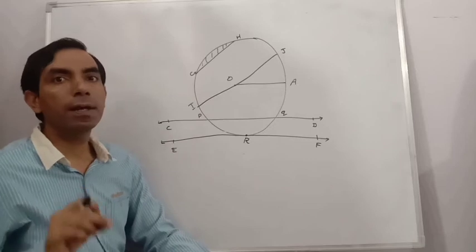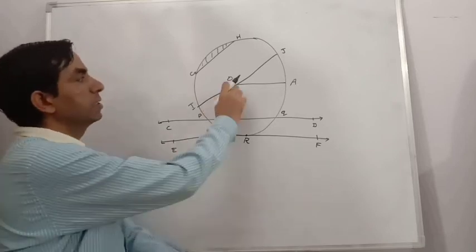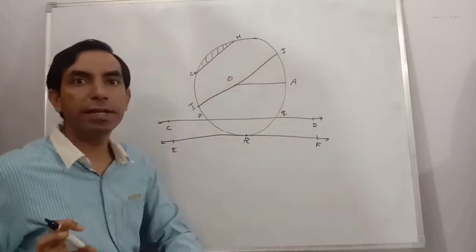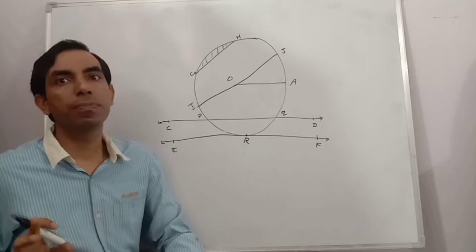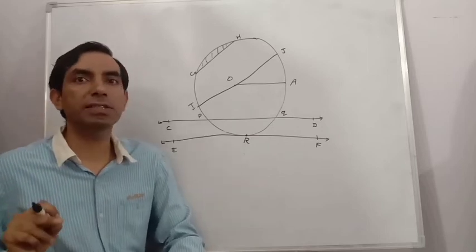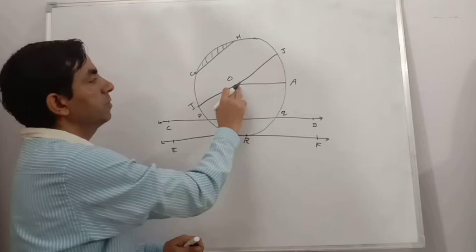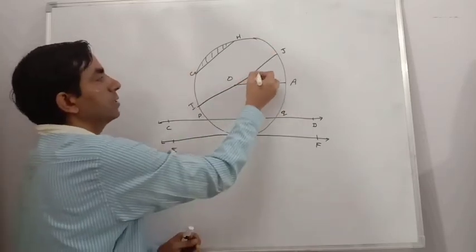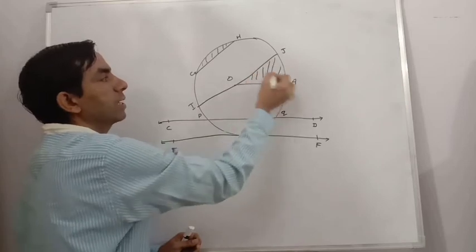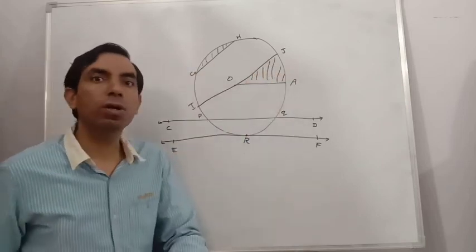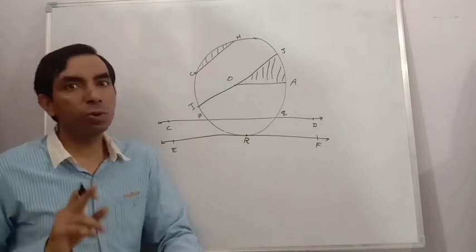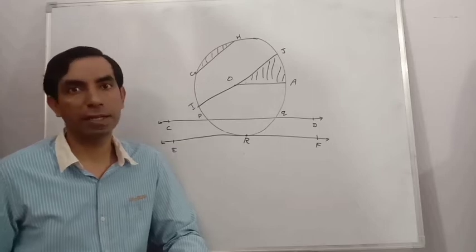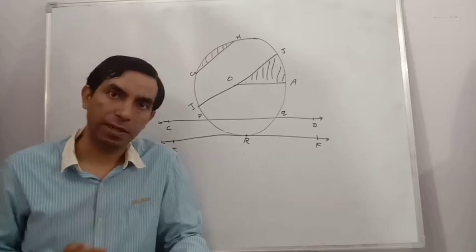Similarly, in a circle, here we see 3 radii, OE, OI, OG. 3 radii are given, but any 2 radii divide the circle in 2 parts. Let's take OA and OG. They divide the whole circle in 2 parts, the first part inside this and the second the other part. That is called sector of circle. This is the parts of circle.